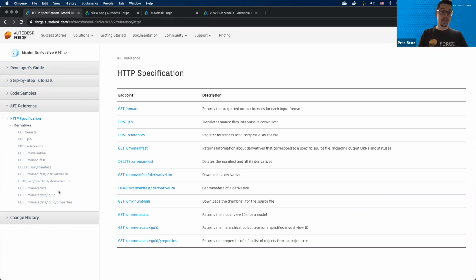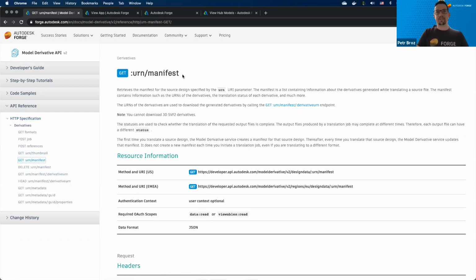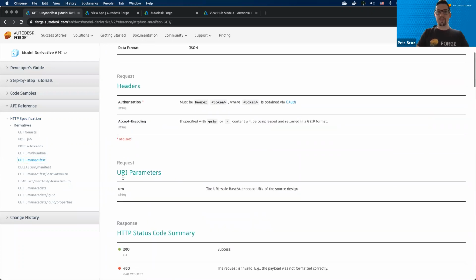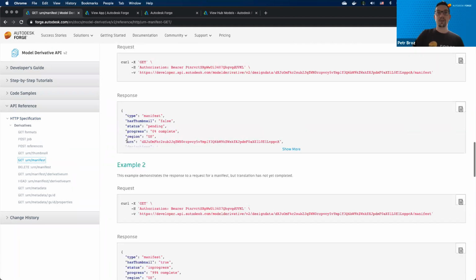And what you can do is check beforehand whether that file is actually available for the viewer. You can make a request to this get URN manifest endpoint, right? And when you do that, you can check the status of the design in the Model Derivative service. Typically, it's likely that it's going to return 200 OK, and it's going to return